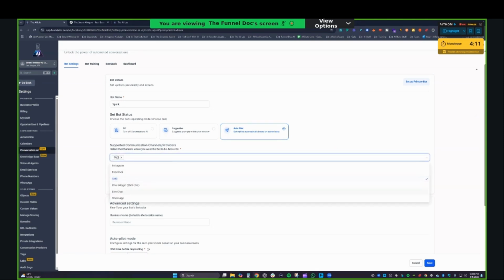Now, the other one here are all the different channels that you have. Now, realize that when this bot's on and you select this channel, if somebody replies in that channel, it's going to reply to them. It's going to automatically be on. So you've got Instagram, Facebook, chat widget. Now, realize there's two different types of chat widget. There's the static one